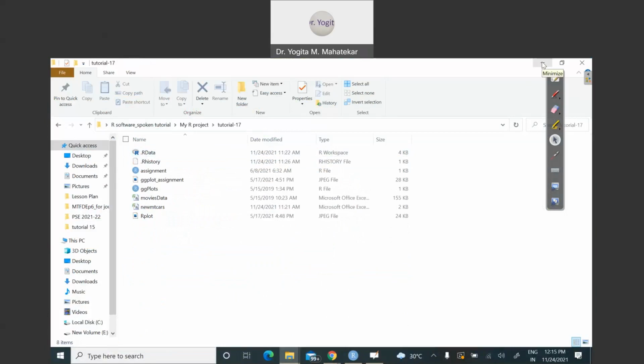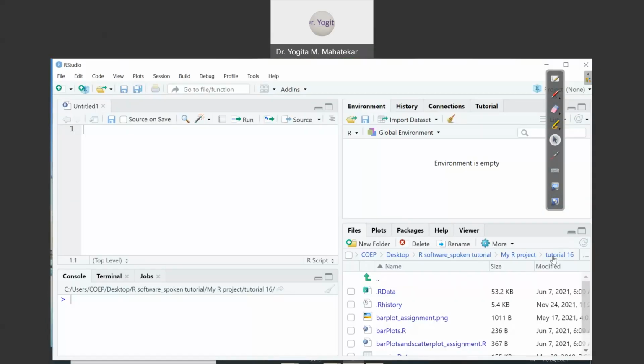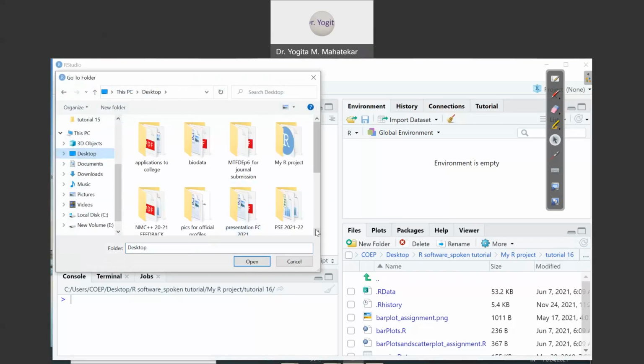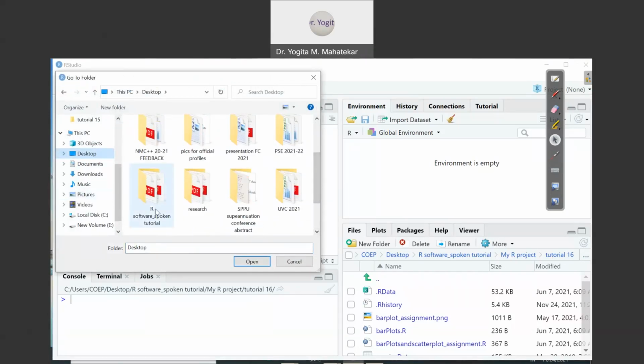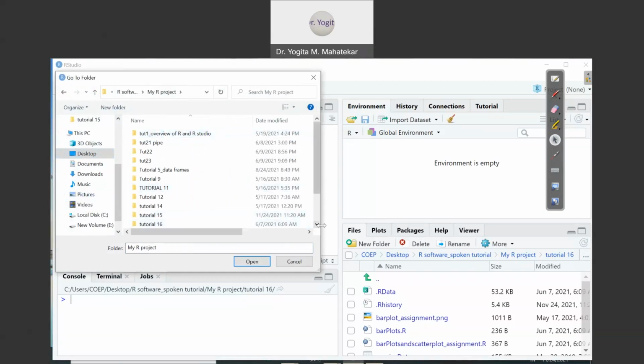Yeah, so this folder basically I want to set as my current working directory. Under R spoken tutorial, under my R project, let me choose that folder, namely tutorial 17.